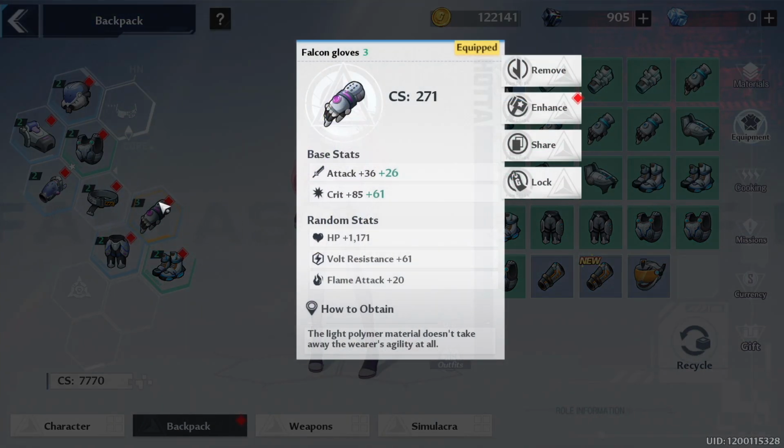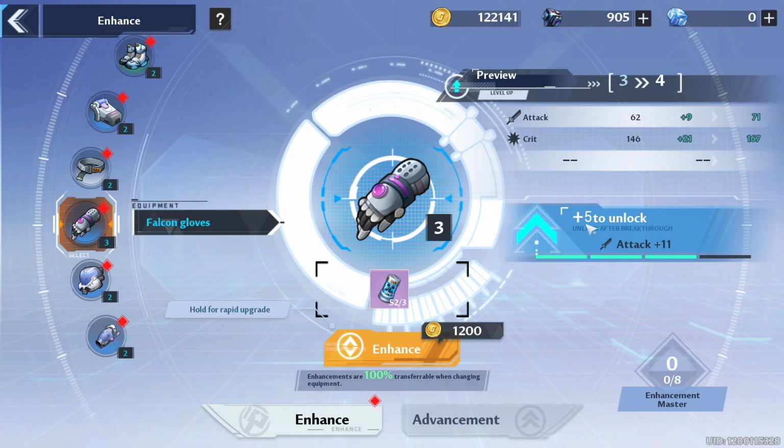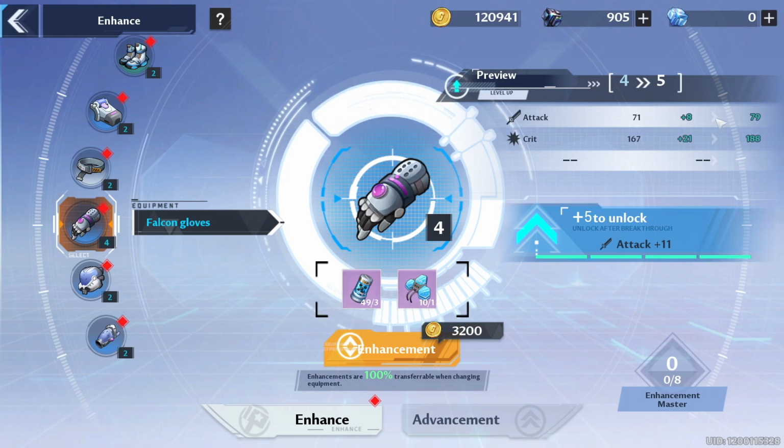And I do think that you should put priority on the gloves, simply because the gloves give you crit by default, which is very nice. So when we click on enhance over here, you're going to notice that after you get it to +5, you actually unlock additional stats. So you can see here, if we get it to +5, we will gain attack +11. So we're going to do that now. We're going to do this 1 more time, and you can see those increase my stats